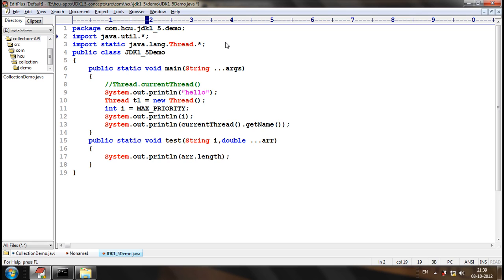The import statements should be very specific, and star should be used only when we are using many of the entities for normal import or many of the members for static import. Definitely performance will be reduced if unnecessary import statements are there, because unnecessary multiple entities will be loaded into the application. Okay?